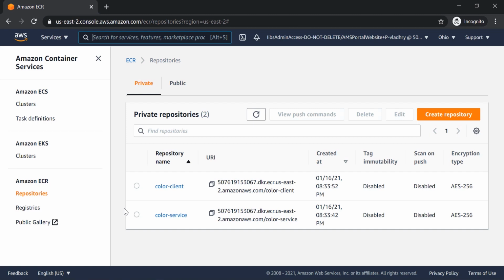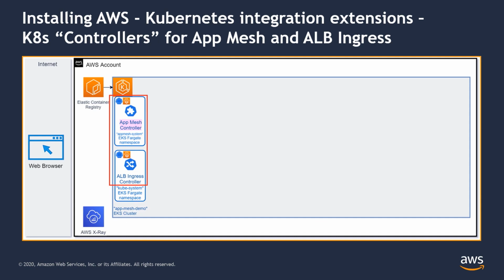Okay, we are done with this part and can get to the task of building the mesh. Before creating the mesh, though, we need to install a couple of integration components in our Kubernetes cluster. One to support App Mesh and another to support AWS Application Load Balancer as a point of external traffic ingress. Kubernetes extensions and integration components are typically implemented as Kubernetes controllers. So we'll install App Mesh Controller and ALB Ingress Controller to get us to the point where our architecture will